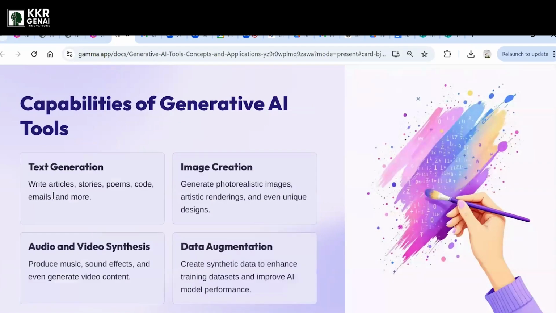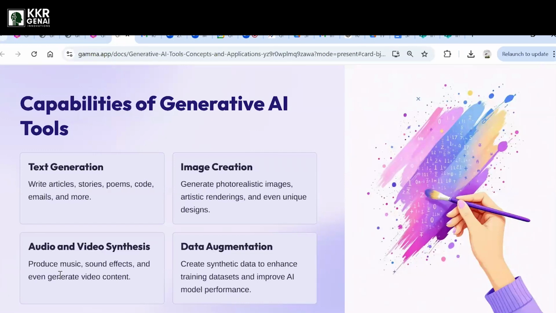As I told you, these are the capabilities of generative AI: creating your own images and your own data. In many industries, one challenge is that they don't have much data. So by providing minimal information, a minimal data set, you can create your own synthetic data with thousands of values. With that data you can do the analysis for your use cases. And you can make audio and video tools as well.